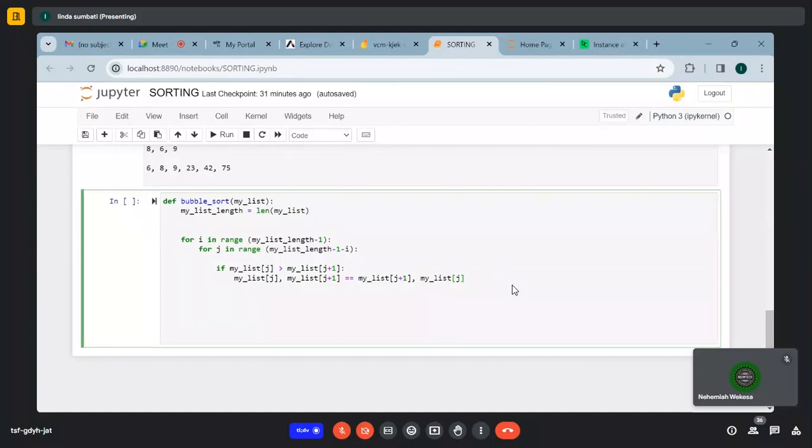So after it iterates through it, we are subtracting 1 because remember in Python, your indexing starts from 0. So if our list had 10, the range of the list will be from 0 to 9. That's why we are saying my length -1. Then for J, we are subtracting i because we don't want our program to sort those elements that they have